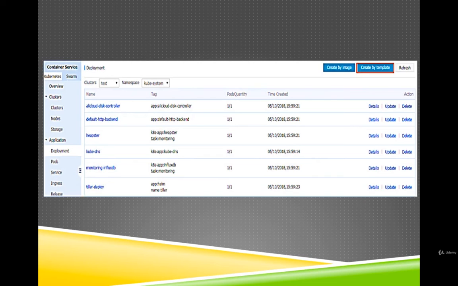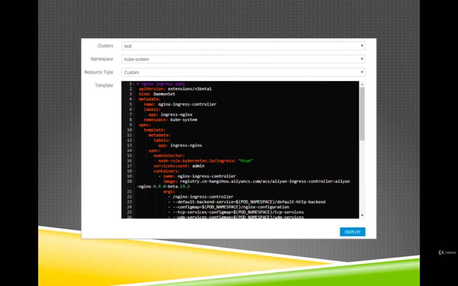Now click Create by Template in the upper right corner. Select the cluster from the cluster drop-down list and kube-system from the namespace drop-down list. Select a sample template or custom from the resource type drop-down list and then finally click Deploy. You will see this.